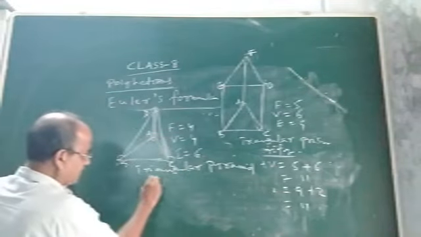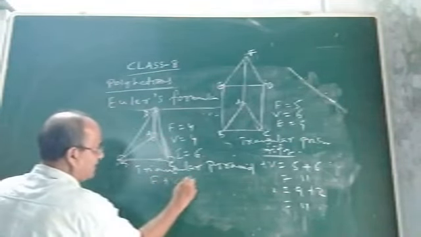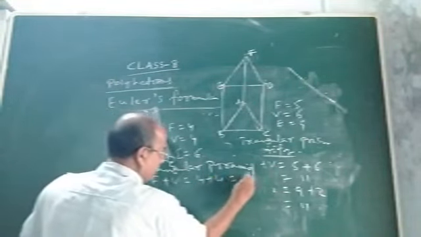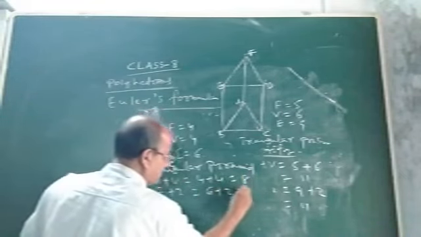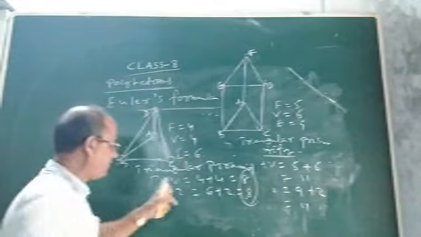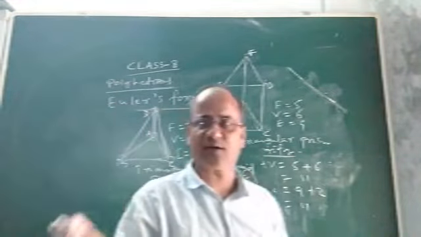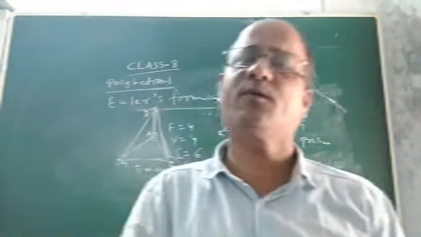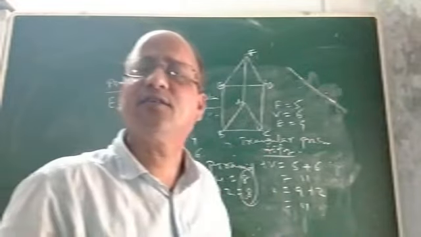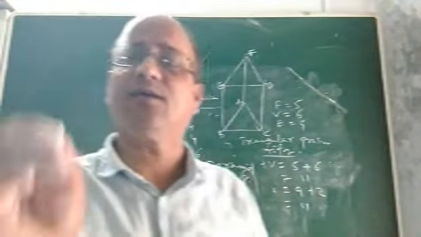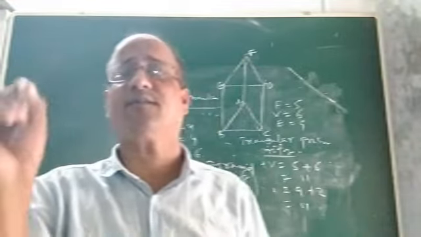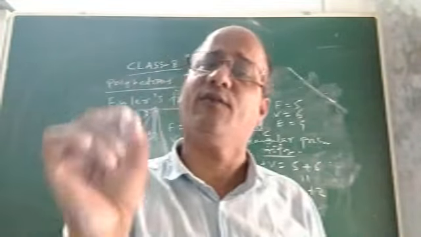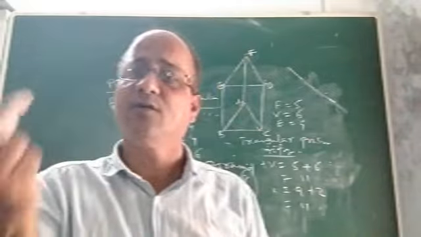Yes, it clearly satisfies. You see, for the triangular pyramid, F plus V is 4 plus 4, that is 8, and E plus 2 is 6 plus 2, which is also 8. So F plus V equals E plus 2 for the triangular pyramid, and hence Euler's formula is true. Children, this is Euler's formula. Once again, Euler's formula relates the number of faces, vertices and edges of a polyhedron, maybe a pyramid or prism, which are 2 special types of polyhedron.